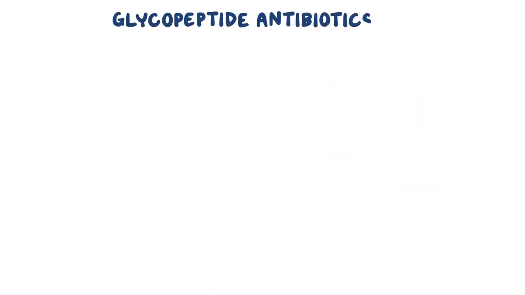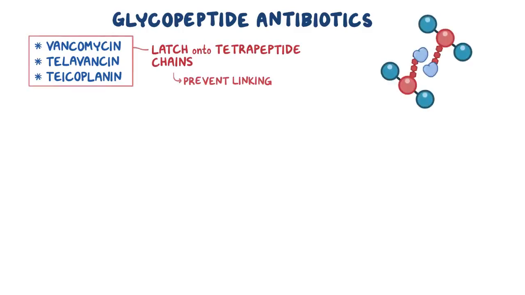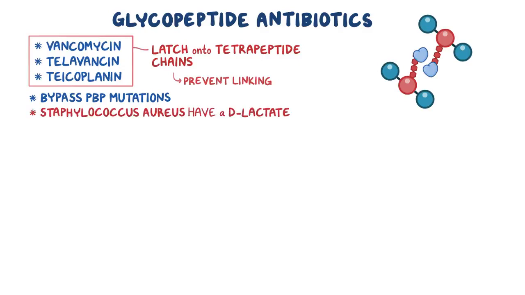The final family of medications is the glycopeptide antibiotics, like vancomycin, telavancin, and teicoplanin. They inhibit cell wall synthesis by latching onto the tetrapeptide chains, preventing them from being linked by the PBP enzyme. Glycopeptides do not act on the PBP, which allows them to bypass the PBP mutations that make MRSA so resistant to beta-lactams. However, some Staphylococcus aureus have evolved to have a D-lactate at the tip of the tetrapeptides, so glycopeptides